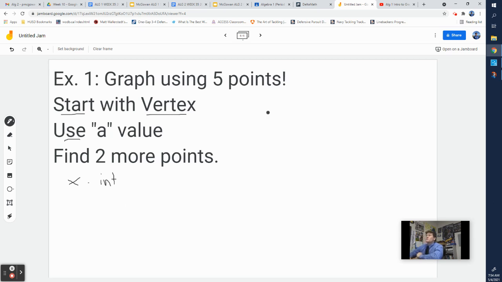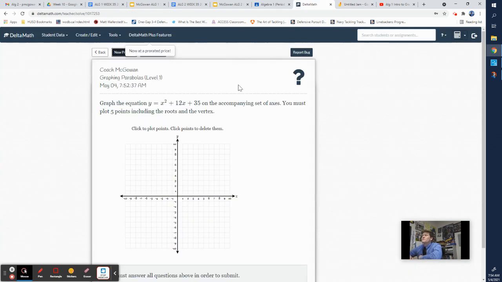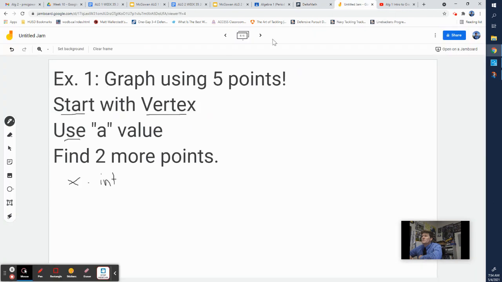Let's go to Delta Math. Let's look at an example here. So on Delta Math, I have the equation y equals x squared plus 12x plus 35. Okay, now we want to use our axis of symmetry equation to find the axis of symmetry so